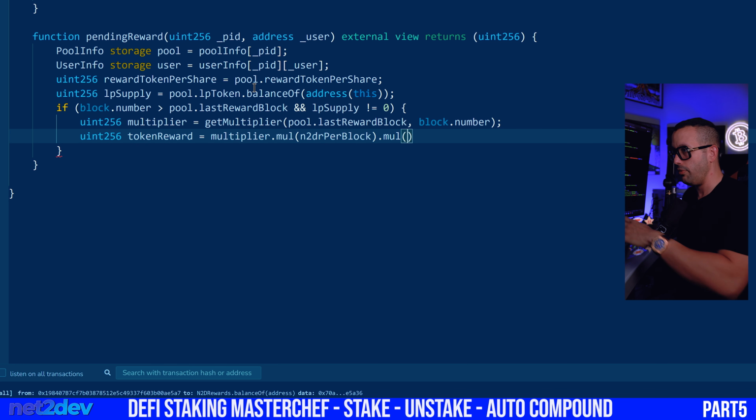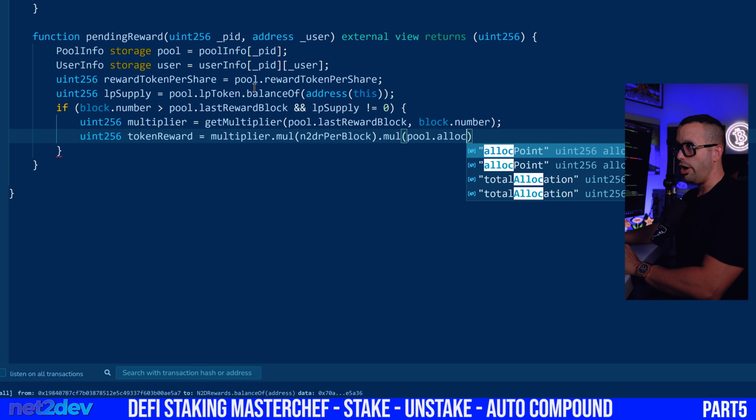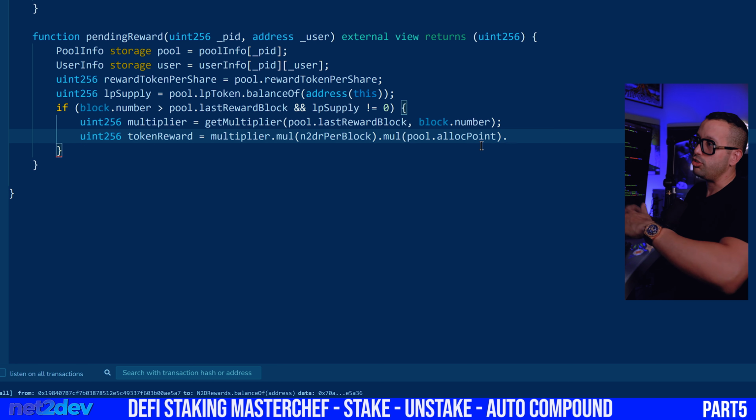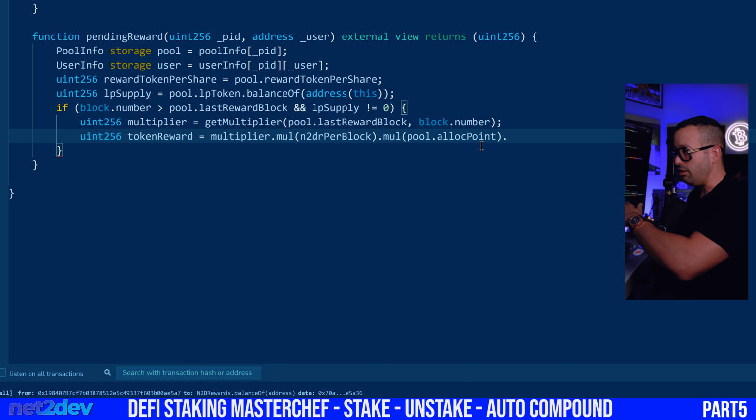How many tokens from there am I going to distribute onto this pool? So we're going to say pool, and we're just going to call allocation point. We're interacting with the storage for that pool. So if I pass pool 0, we are grabbing the values out of pool 0, okay? Got it? And finally, whatever is the total of all this multiplication, once we multiply all that together, we are